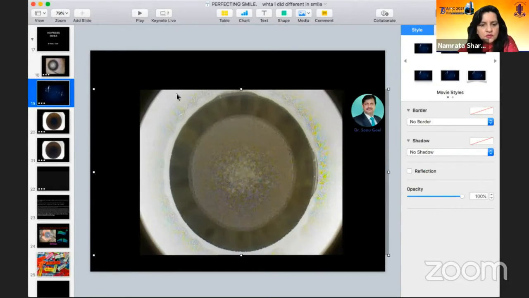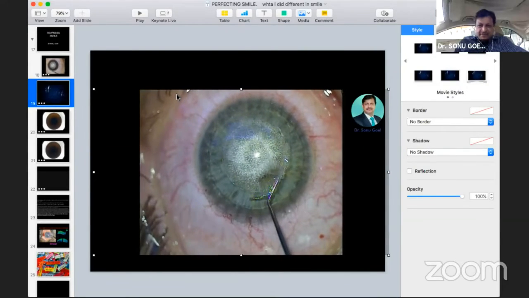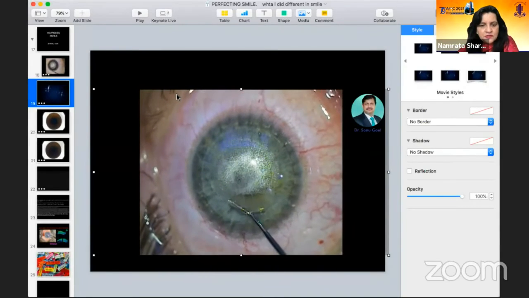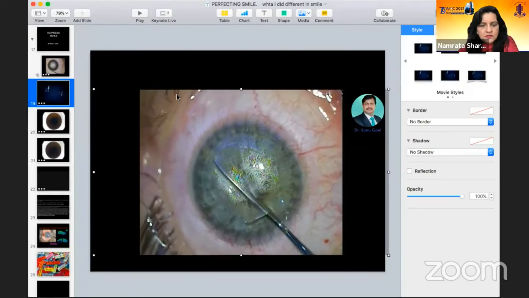Once this is done, the side cut or the main incision, which is 2.5 millimeters. I'm sorry for all this. It's okay, fine. It all depends on the docking. Soft docking would always give a very smooth dissection.